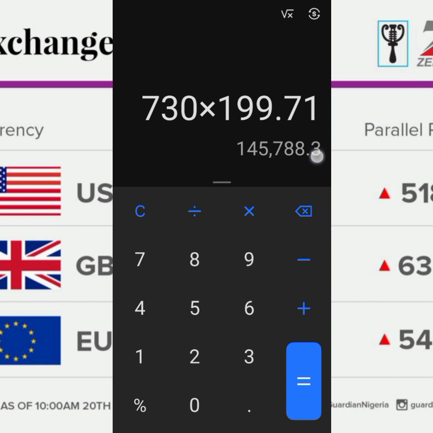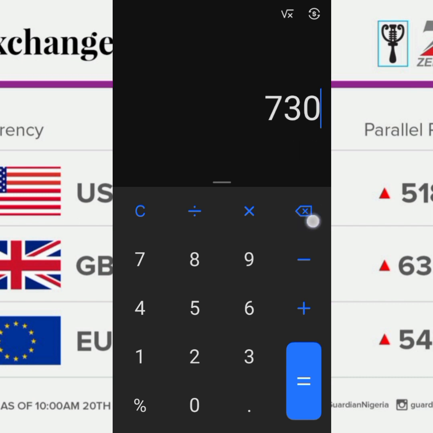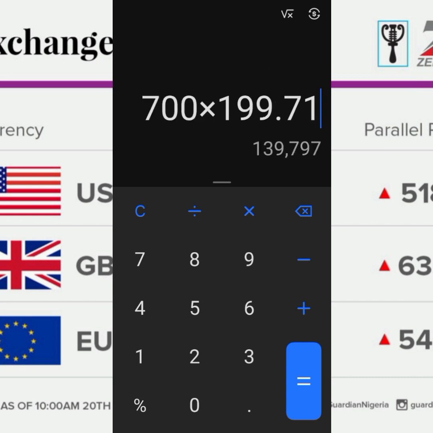That is going to give you this profit, which is 145,000 naira. But let's say the dollar price is not up to that, let's say 700, then we multiply it by what we already receive here, and we're going to get 139,000.